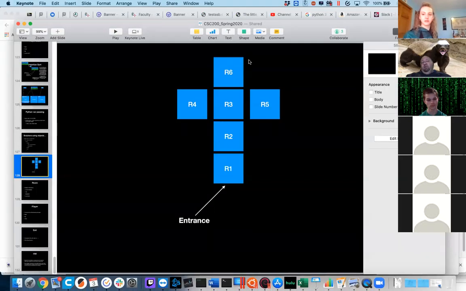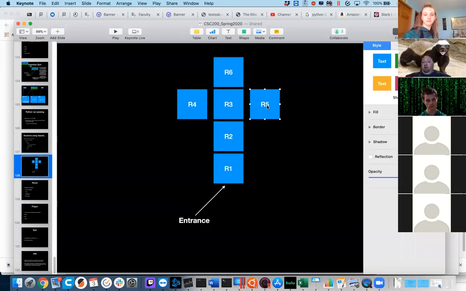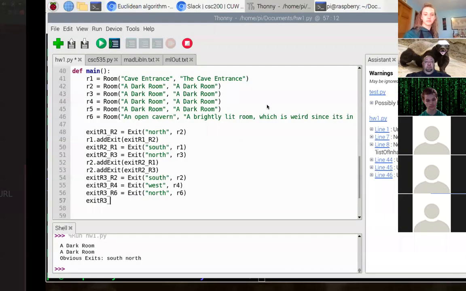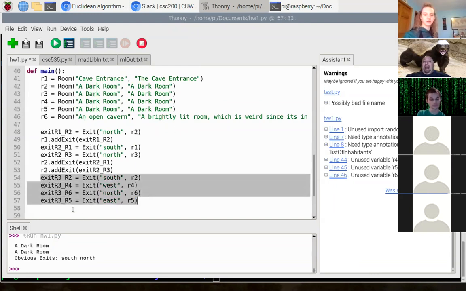Well, we'll just go north next. We'll just go around in the circle. So R3 to R6 to the north, an exit to the north leading to R6. And then we have exit R3 to, I believe it's R5, but let's just confirm, to R5 to the east. All right, so these are the 4 exits that we need to now add to R3. So R3 dot add exit,